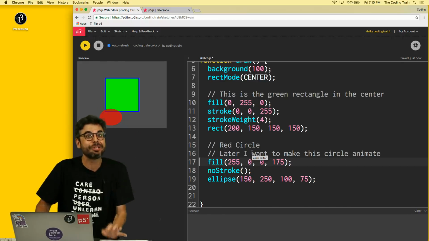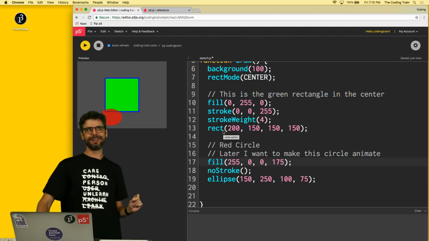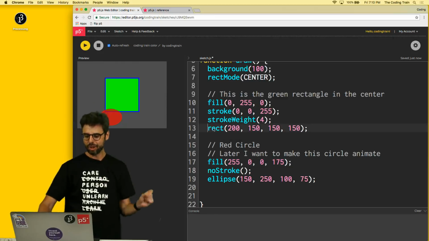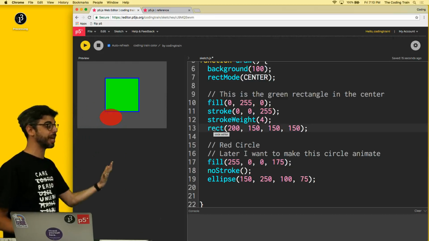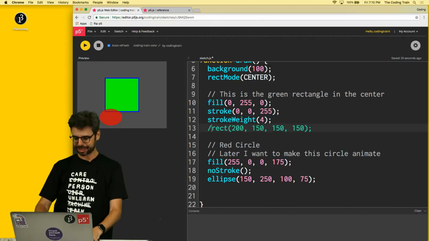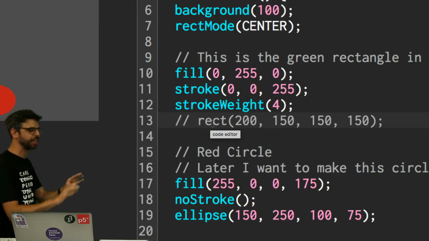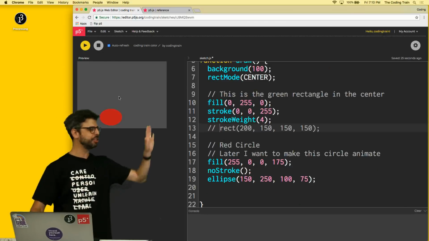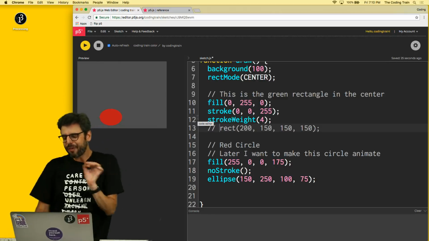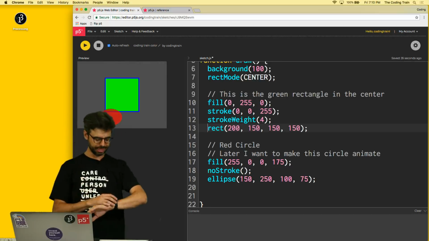But there's another neat trick to code comments that I'm not mentioning, which is that if a comment is a thing that's ignored, why not use // in front of something like a function call? So I could, for example, do // and suddenly the line of code with the rectangle function is grayed out and the rectangle is no longer in my canvas. So this is a thing that I can do because before, do you notice how when I wanted to demonstrate stroke weight? So I have to pause for a second because I'm getting